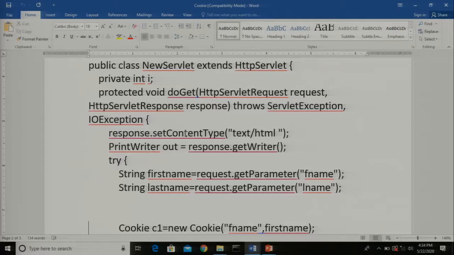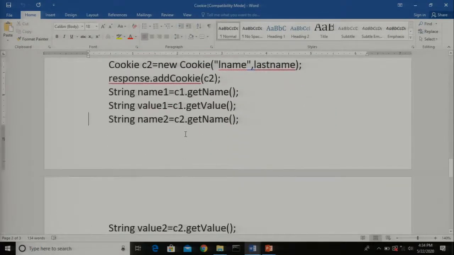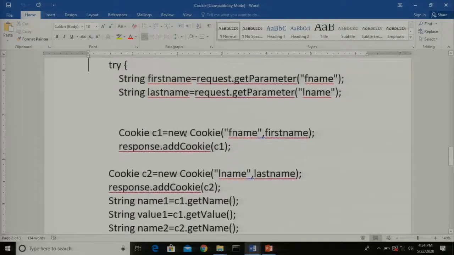So this getParameter is applicable and suitable only when there is a limited amount of values to be sent from the browser to the server. So here we have only two values, first name and last name. So we are getting those values, request.getParameter, which have been sent along with the request. Okay. So now you have to look at this particular part of the code.